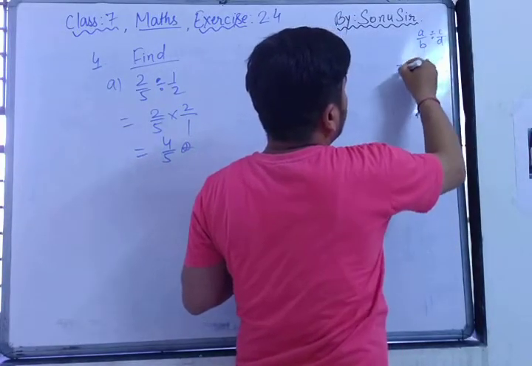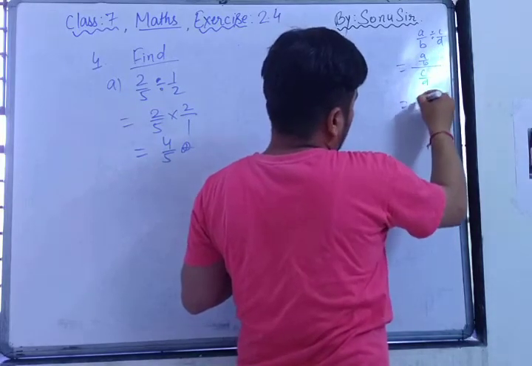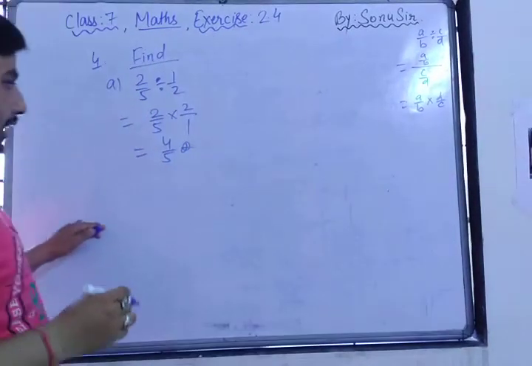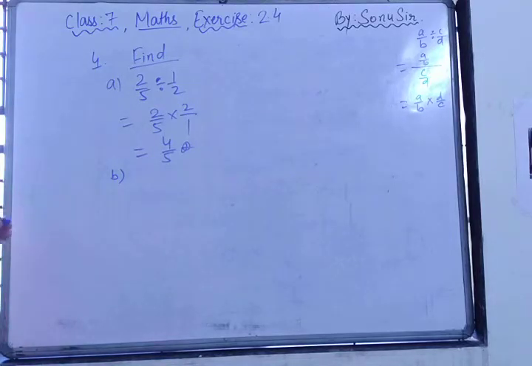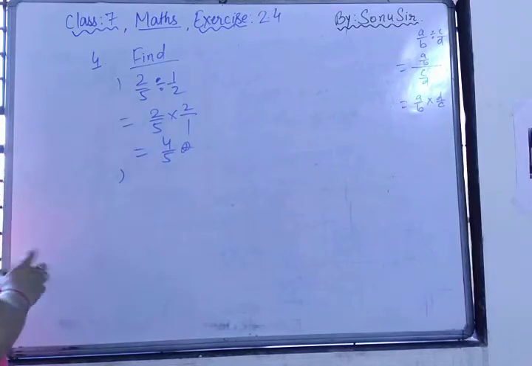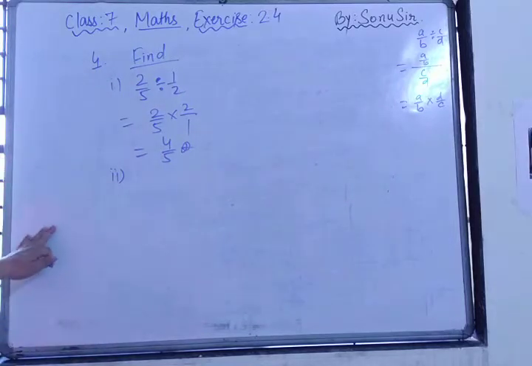The meaning of this question is: A by B upon C by D is equal to A by B into D by C. Got it? So here I have done the same thing. Sorry, B not is first and second. If you want to write the first number, you can write first. If you want to write the second number, you can write second. Got it? First, second. You must know the process.